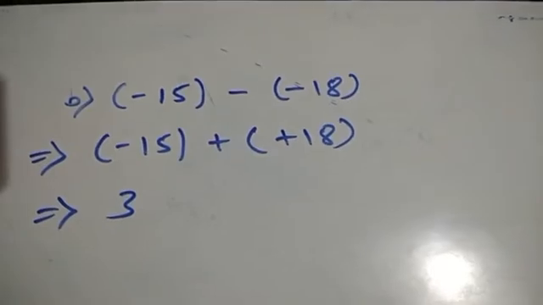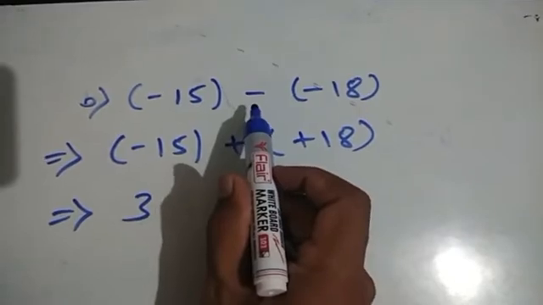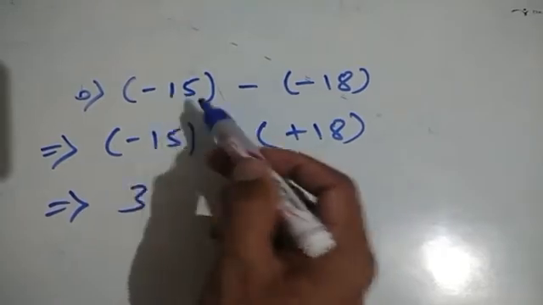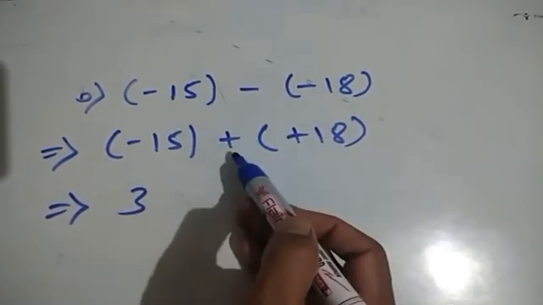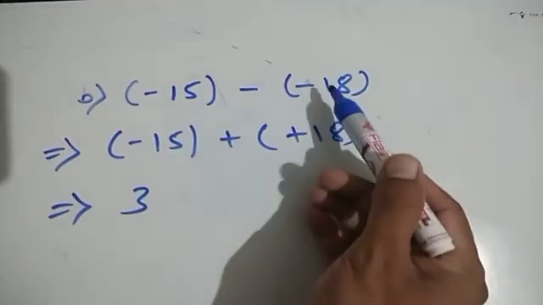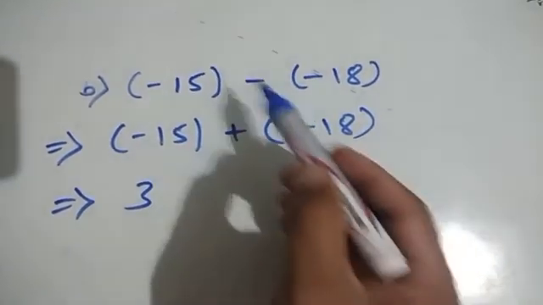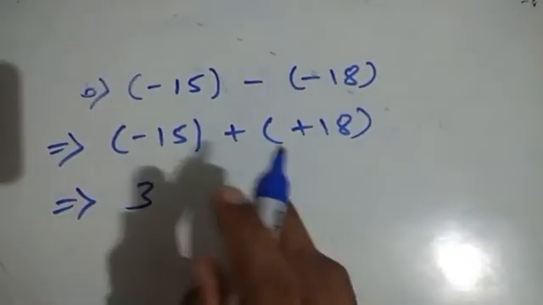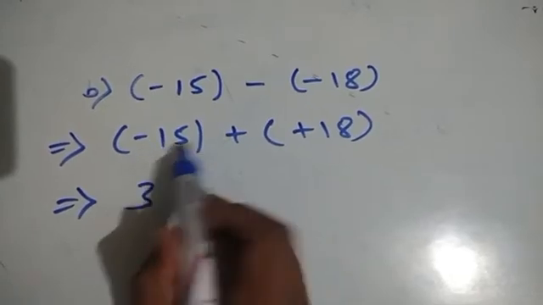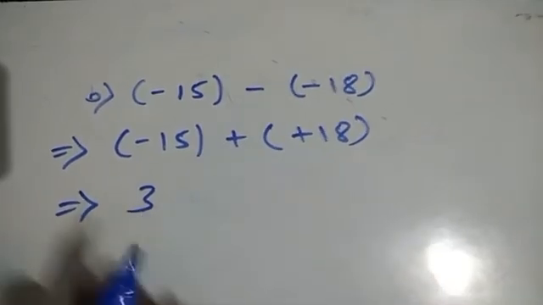Let's solve one more example. Minus 15 minus of minus 18. Students, one thing you remember, subtraction we have to convert into addition by writing its additive inverse. Okay, now see minus 15 as it is, minus becomes plus, and because of this we change this sign. That is why we have to write its additive inverse. What will be the additive inverse of minus 18? Plus 18. Okay, this process we have to do only in subtraction, students, remember. Subtraction we are converting into addition by writing the additive inverse. Now here one integer is negative, another is positive, again subtraction. 18 minus 15 is what? 3. Plus 3 is the answer.